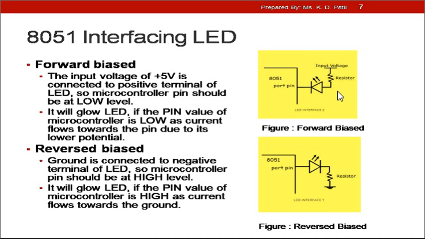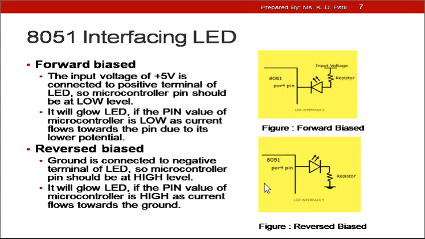If you use a forward bias interfacing pattern, the LED will glow only if the pin value of the microcontroller is low, as the current is flowing from this terminal, from the external input voltage, to the 8051 port pin. If you want the LED to glow, then the 8051 port pin in the forward bias should be low. Okay, and